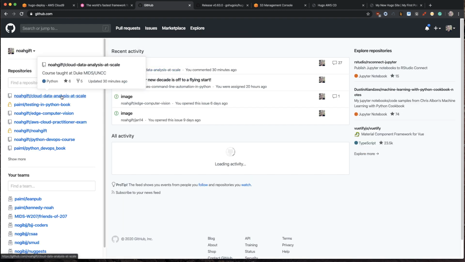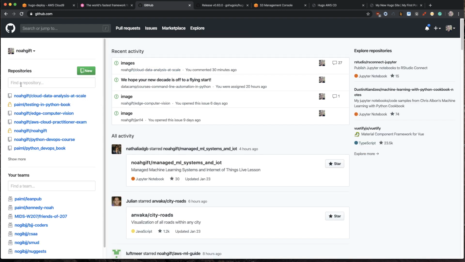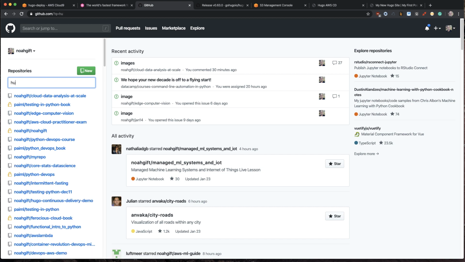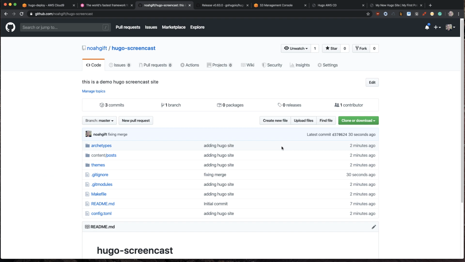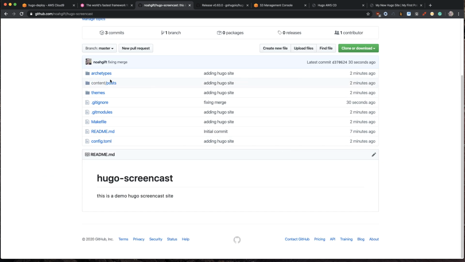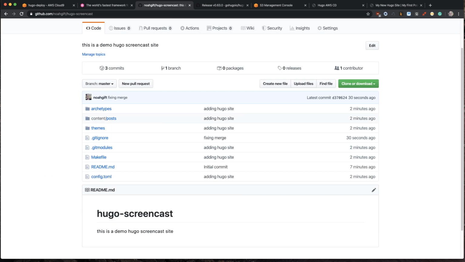Next up, we'll go to the repo that I just created, which is Hugo. Let's just verify that we see it in there. Hugo screencast. And inside you can see I just created all that stuff. So this looks like a good environment here. So what do we do next here? The next step would be that